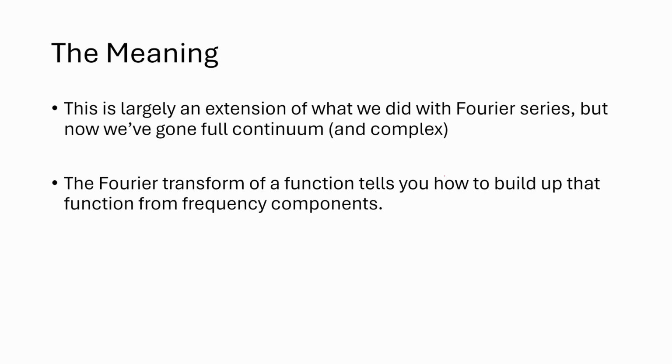So we had our initial function of x. Maybe it does not have to be a periodic function. It can just be any old function. All right, so here's f of x. Then the Fourier transform of this function is going to tell us,